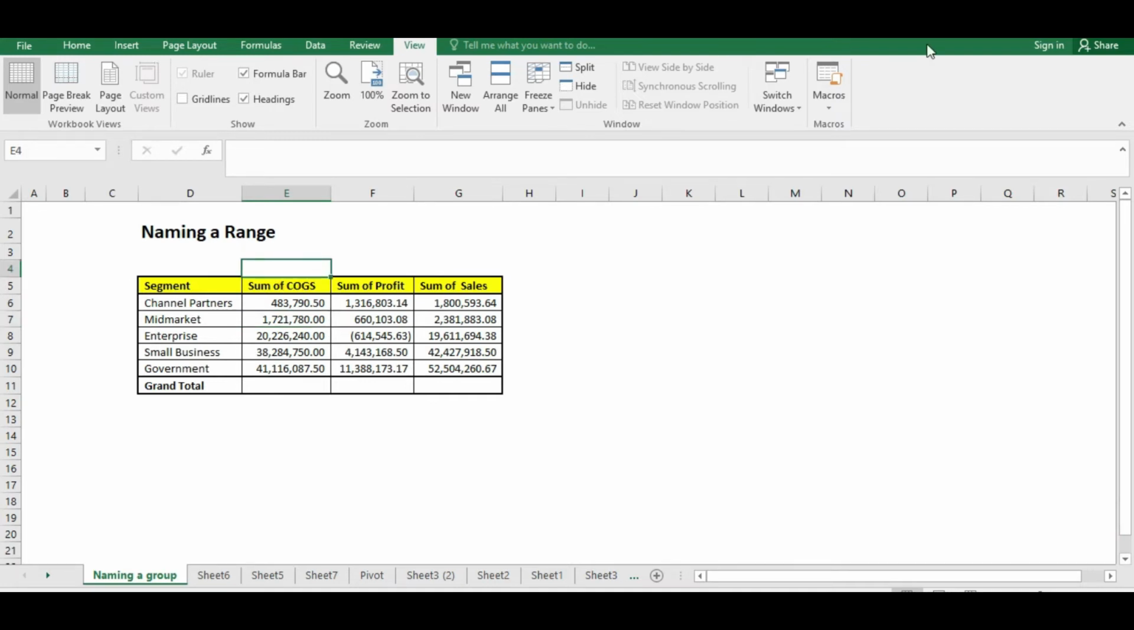So, what we'll be discussing today is naming a range. Naming a range is when you choose a range from the Excel sheet and then name it with an appropriate name that is related to the range. Okay, so to do that,